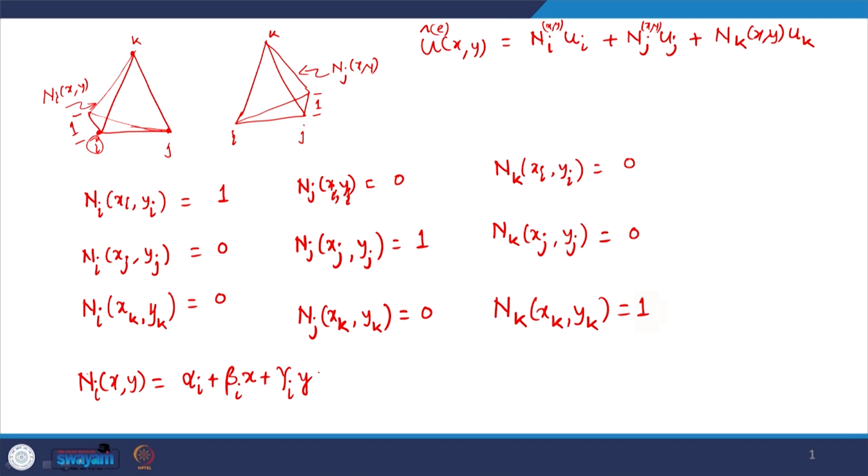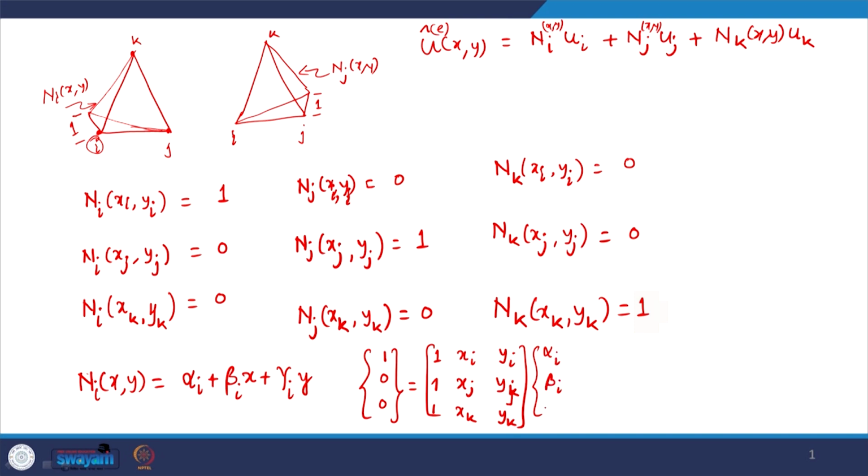these according to this condition. For example, I can say that 1 0 0 equals the matrix with rows 1, x_i, y_i; 1, x_j, y_j; 1, x_k, y_k, multiplied by alpha_i, beta_i, gamma_i, right. So, now alpha_i, beta_i, gamma_i can be evaluated by simply inverting this coefficient matrix